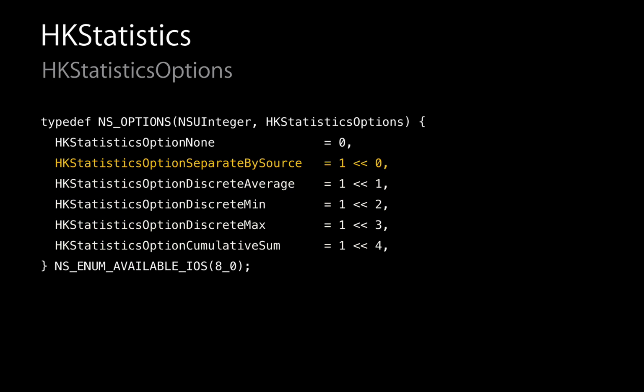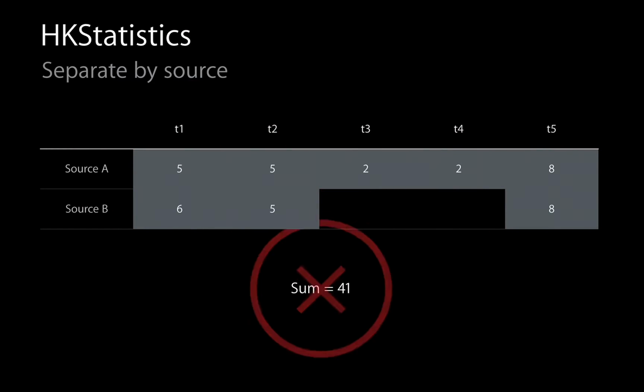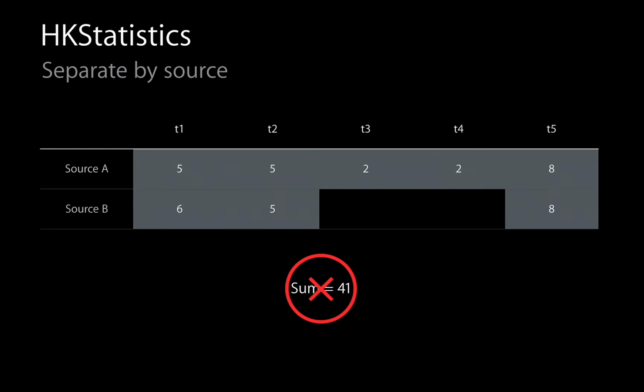A little bit less straightforward is separate by source. This lets you ask an HKStatistics object for the statistics that came from a particular source. But why is this important? Let's say that we have two sources, source A and source B. Both of these sources are writing step data to HealthKit at the same time. Now let's say that I want to sum up my steps. I could take all of the samples in the database and add them together, which would give me 41, which is also wrong. Because these sources were saving data at the same time, in many cases, I was actually double